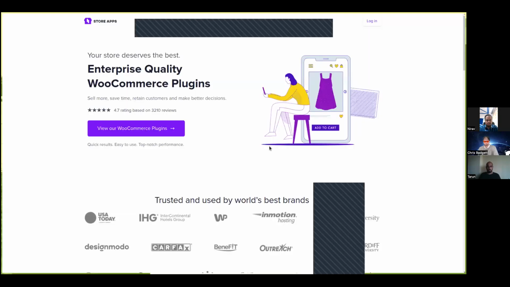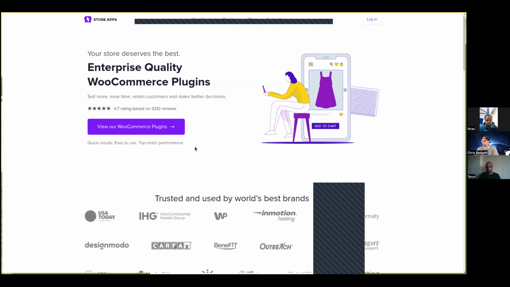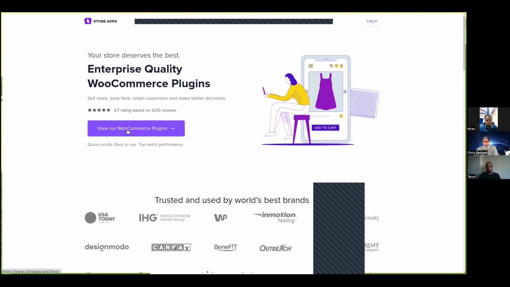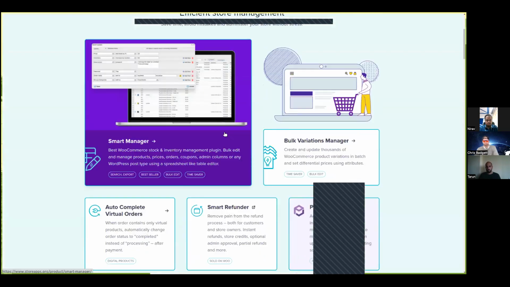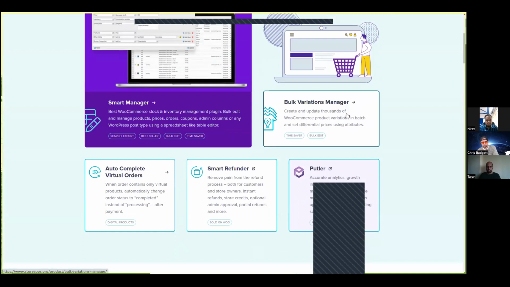So for Smart Manager, I'm just sharing my screen. This is the StoreApps website. Once you go to storeapps.org, this is the homepage where you would land. Apart from Smart Manager, we have other plugins as well, known as Bulk Variation Manager.